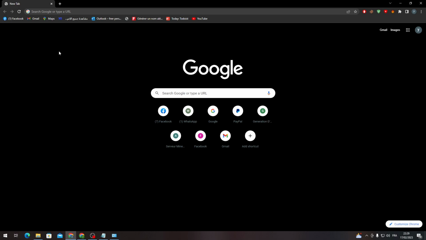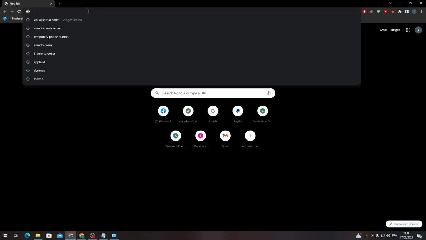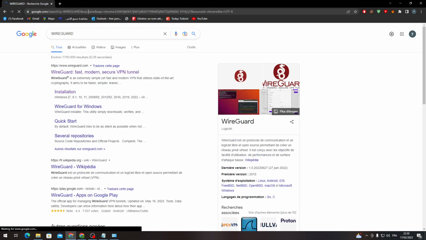In today's tutorial, guys, I will be showing you how to set up your WireGuard. First of all, go ahead and open your PC and then go to your browser. Search in the URL section for WireGuard, so here it is, and then go ahead and click on this first